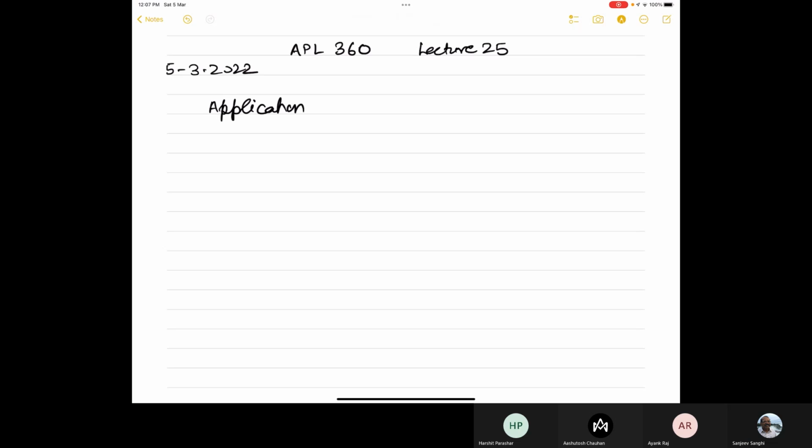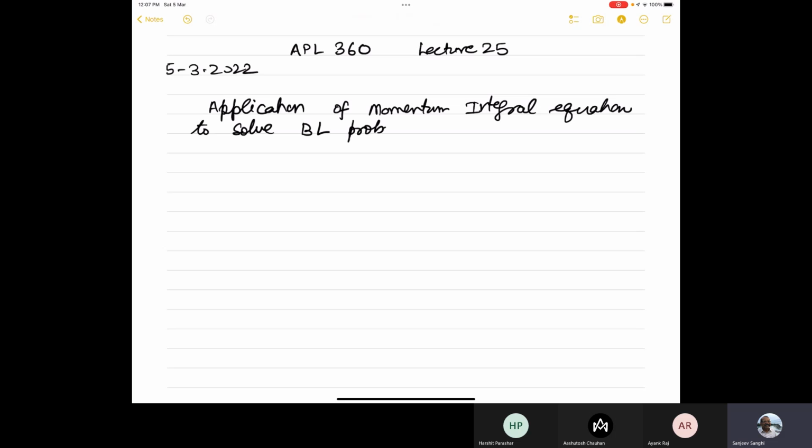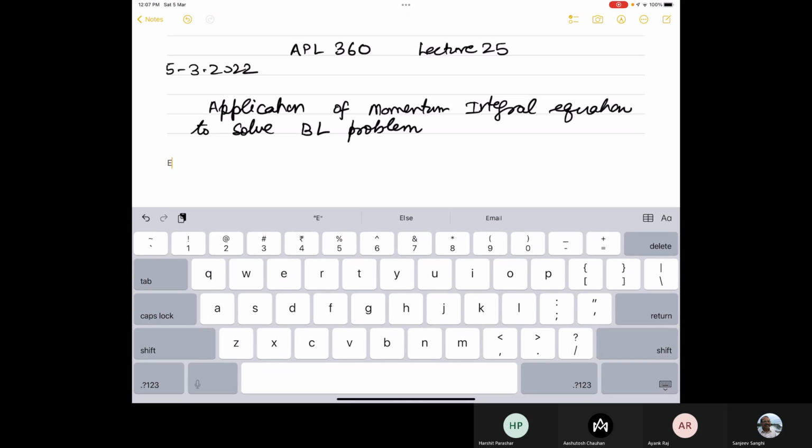Application of the momentum integral equation to solve the boundary layer problem. And we have, overall, given the methodology. Last class we saw that we have to